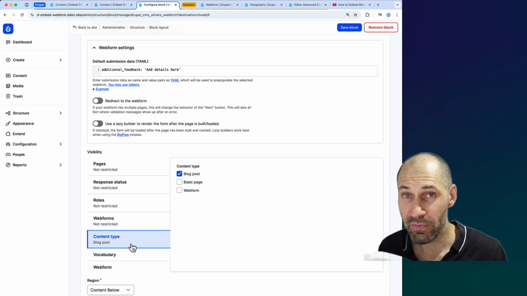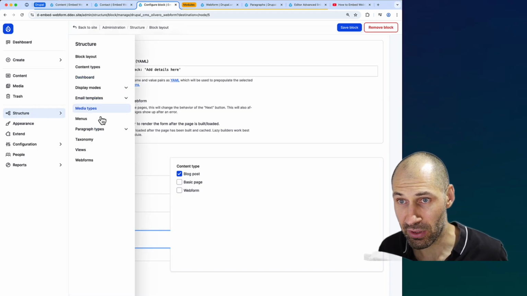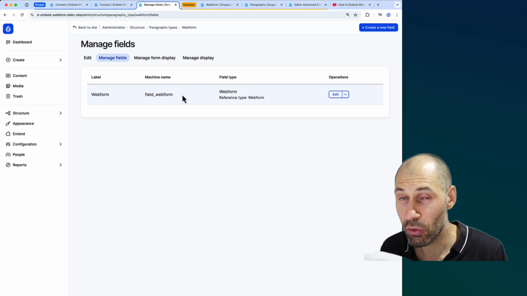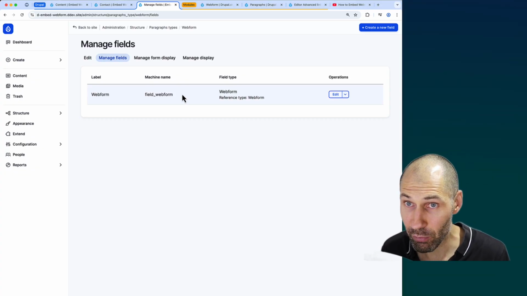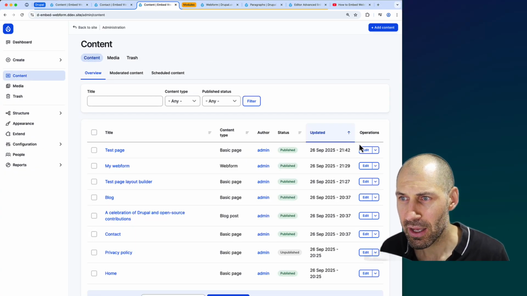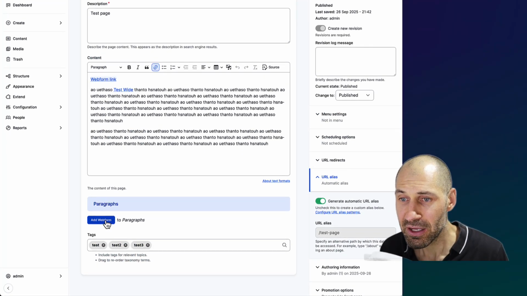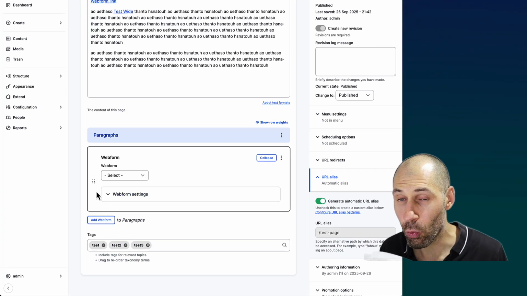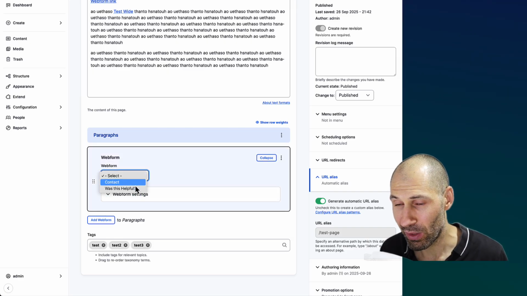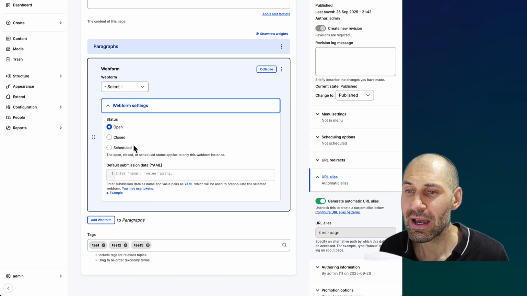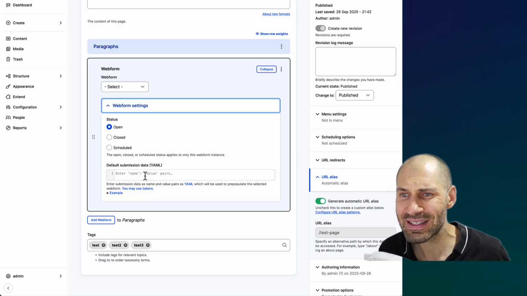Then we move things over to paragraphs. What I did is I created a paragraph type called web form, and I simply attached the web form field to it. Now what we can do is if we go to content and click on one of these pages and scroll right down to the bottom, we'll have a paragraph field and also this web form paragraph, which then allows us to select a web form. And you can also adjust the settings. So you can switch it on or off, and also you can schedule it,